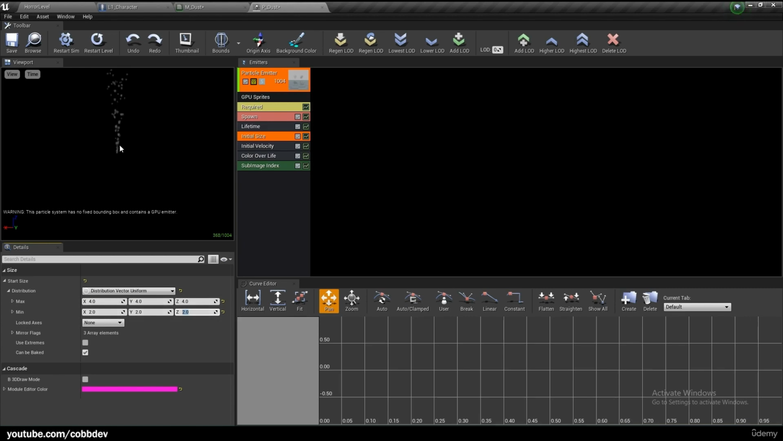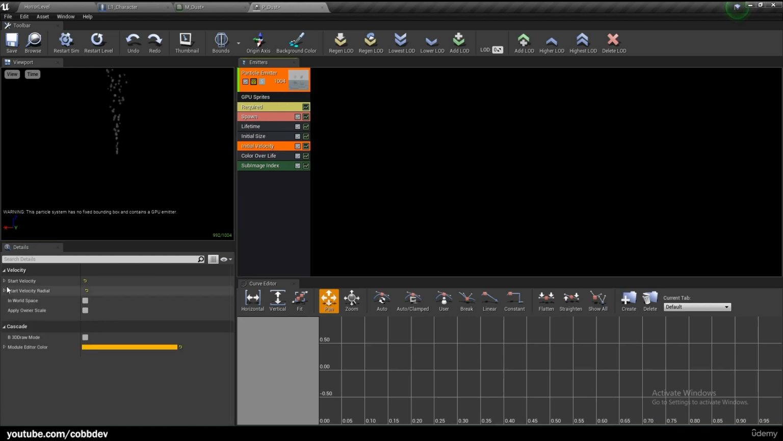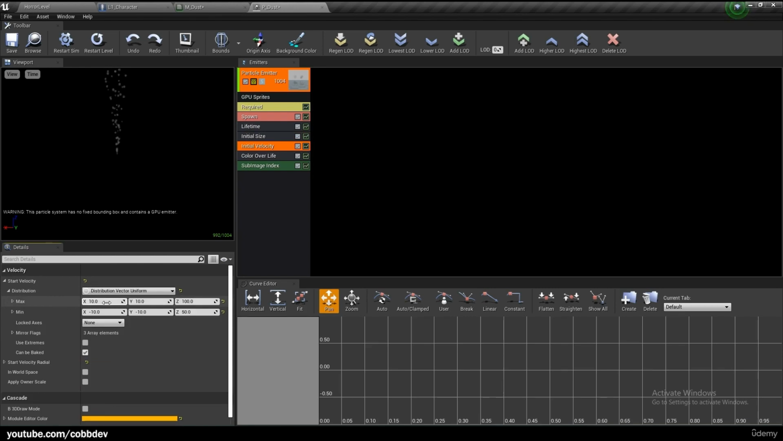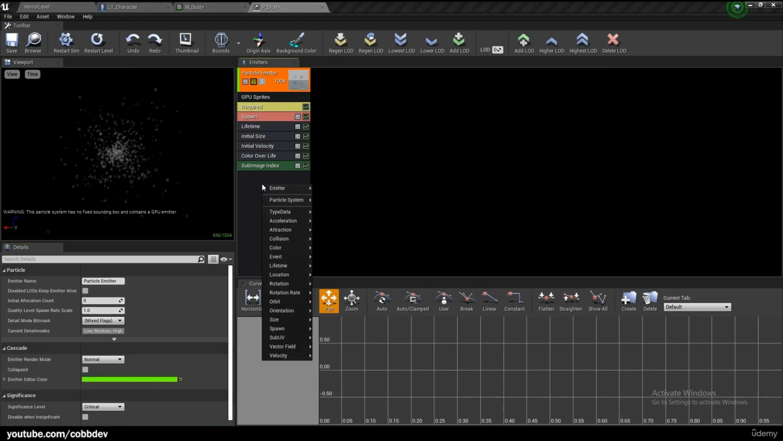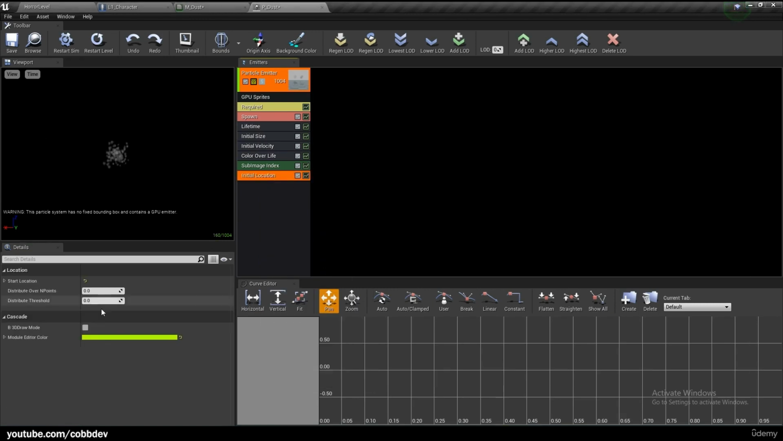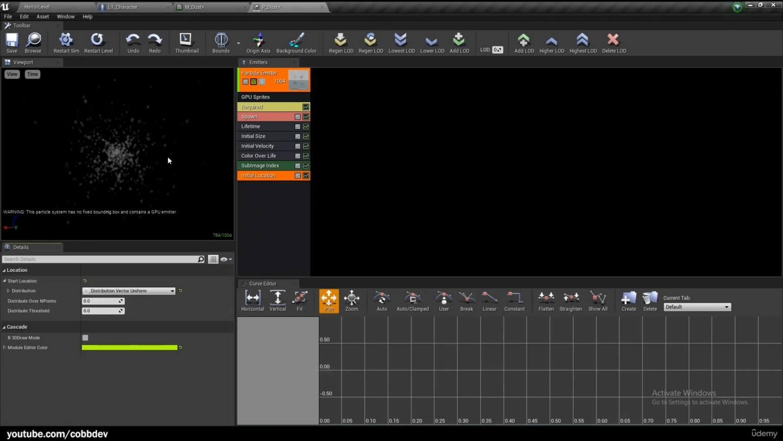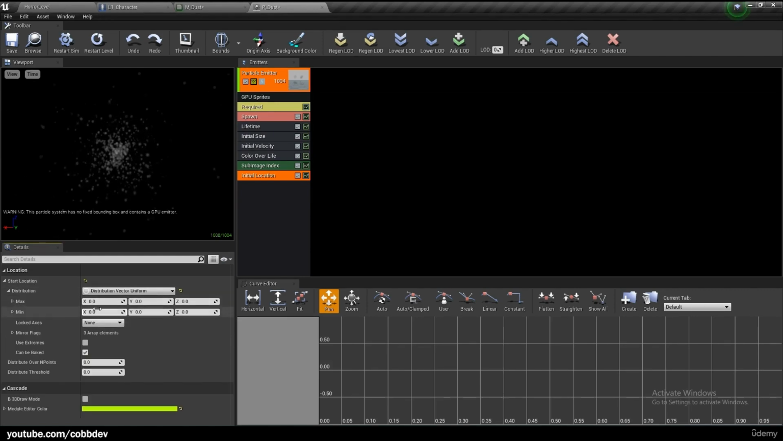So now they are a lot smaller. Initial velocity, we want distribution here, we're gonna decrease it a bit, so 5, 5, 5, negative 5, negative 5, and negative 5. Initial location, we need to add that, so right click, location, initial location, just like that. We want the start locations to have all different points rather than just this center point. So we're going to do a max of 1,000, 1,000, and 1,000, and then a minimum of negative 1,000, negative